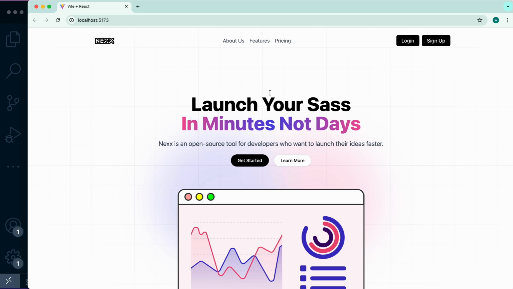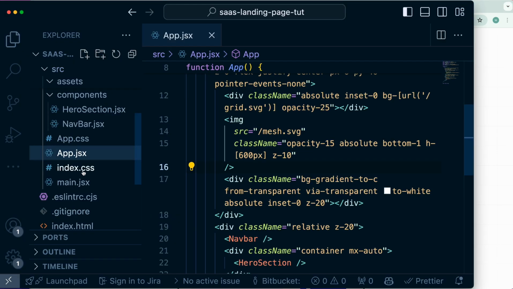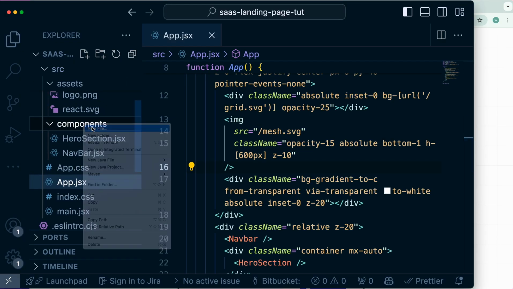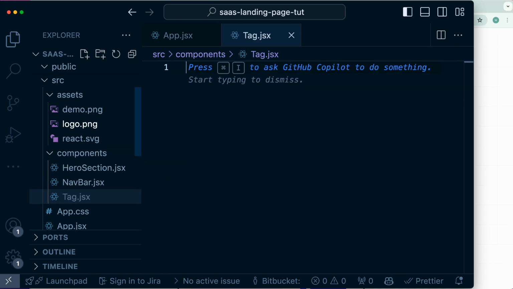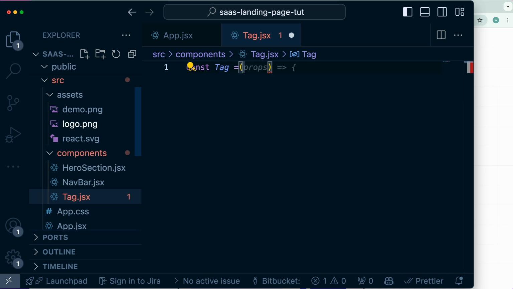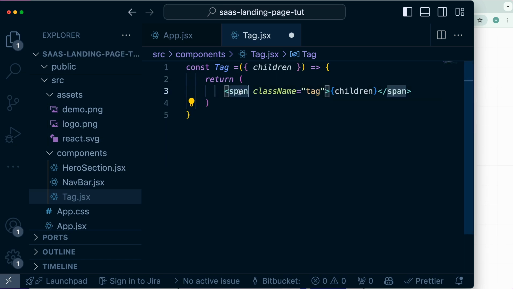Let's add a tag here above the main header. It's usually used to share some new information about the product, or it could be a version. For the tag, I'll create a separate component that I'm going to later import into the hero section. It will be called Tag, and it will take a children type of prop, so we can add any JSX inside, and it should return that, wrapped into, instead of a span,